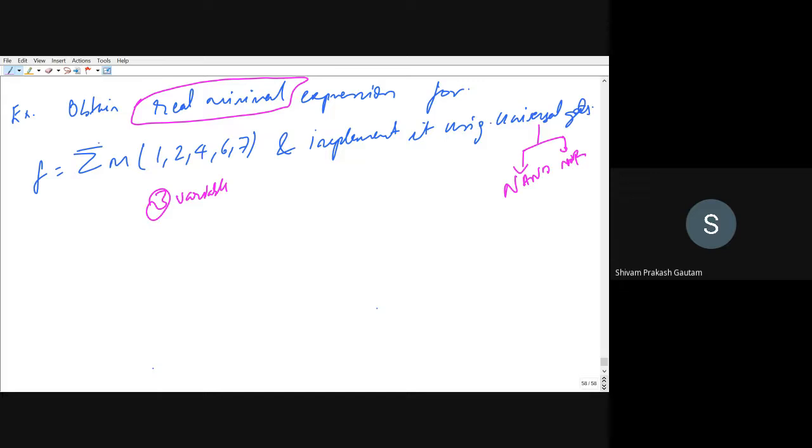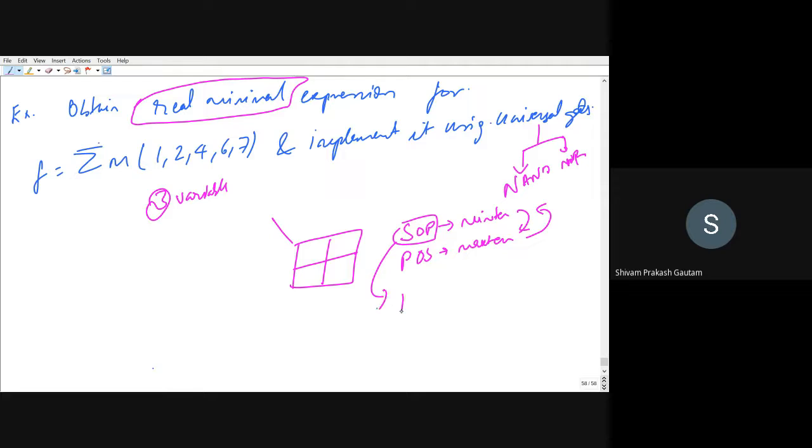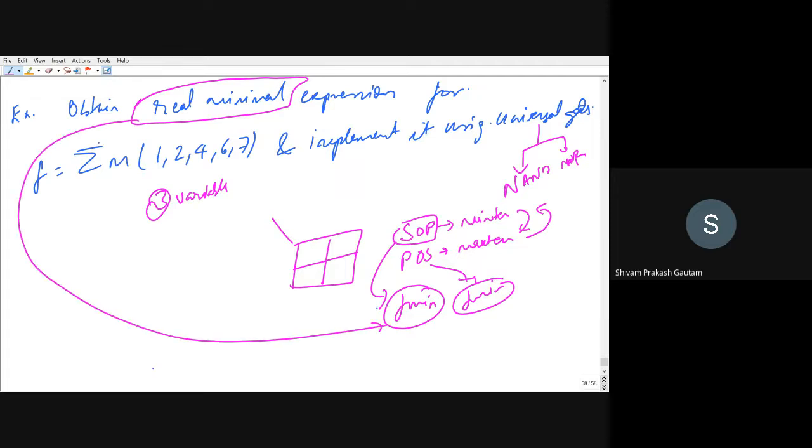When you use K-map, as we have seen in previous cases also, we can go for either SOP form or POS form. For SOP form we will require min terms, and for POS we will require max terms. If we are having min terms, we can always calculate max terms, and vice versa is also possible, right? So ideally we can get 2 expressions. One is for SOP form, another is for POS form. Both are minimum, but out of these both expressions, which is real minimum? This is the question, right?